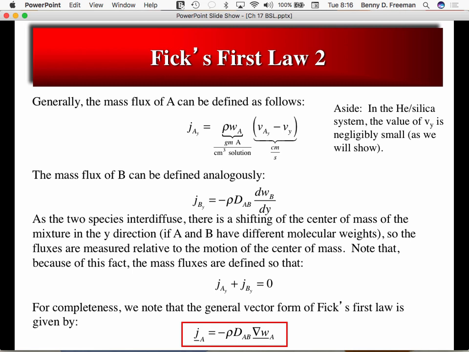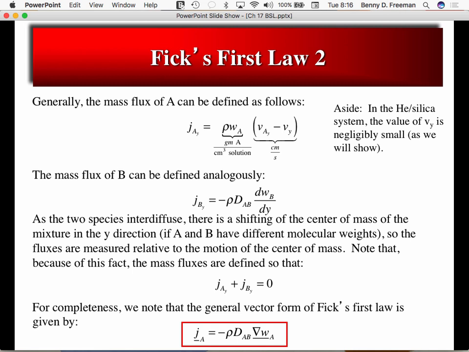Turns out there's more than one reference velocity that can be used. We'll come to that in a moment. We can also define the mass flux of the silica, the component B in this case, analogously. And because